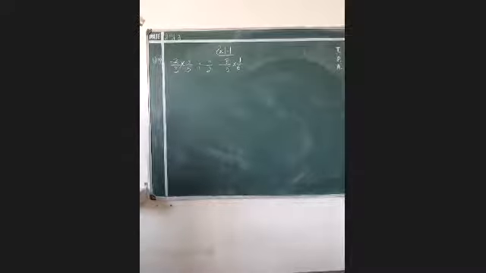Now move on to the properties. As we have already studied in the previous classes, all kinds of property which are used for solving questions. Remember, closure property we will not apply here because closure property is not used for solving the question. We can use commutative, we can use associative, and also we can use distributive property.